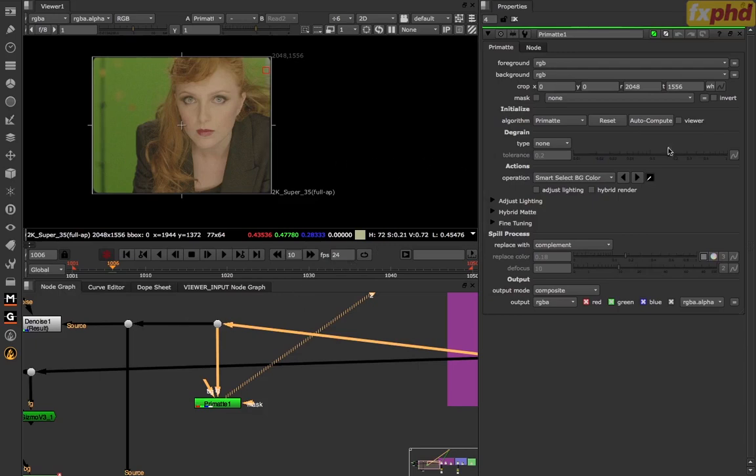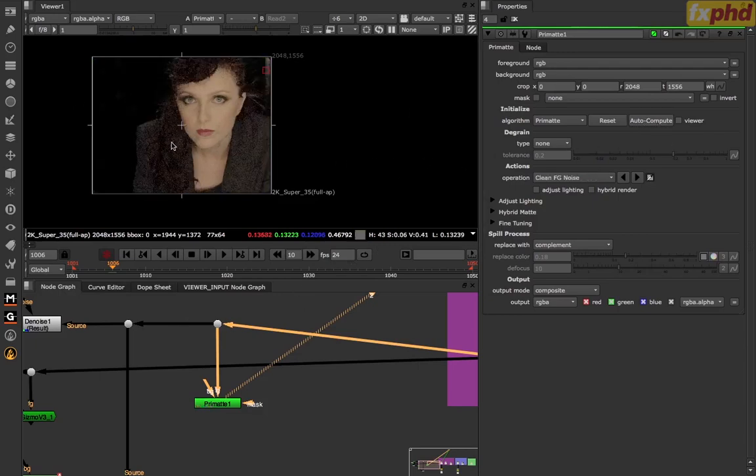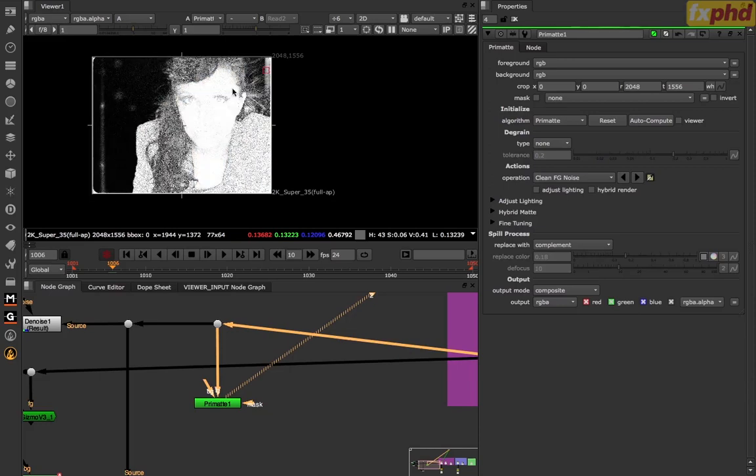And when I click this, mind you, as we've been seeing right now, this is definitely a challenging green screen. The yellowish nature of it is mixing a lot with this woman's hair and making it very difficult to extract a good matte. Having said that, when I hit this auto compute button, it immediately found a good matte